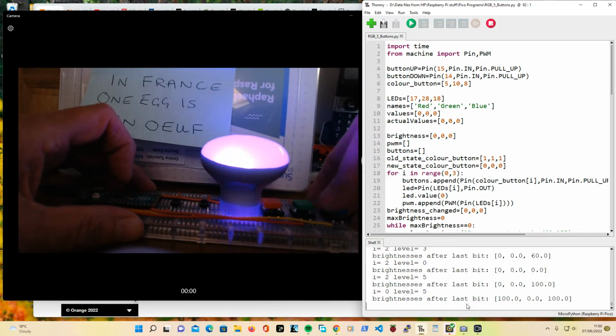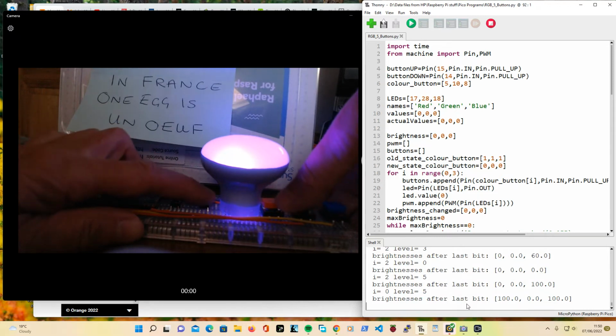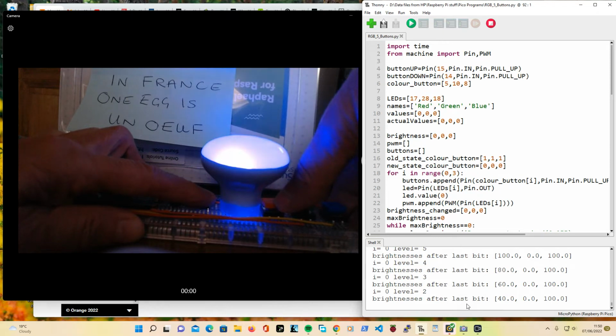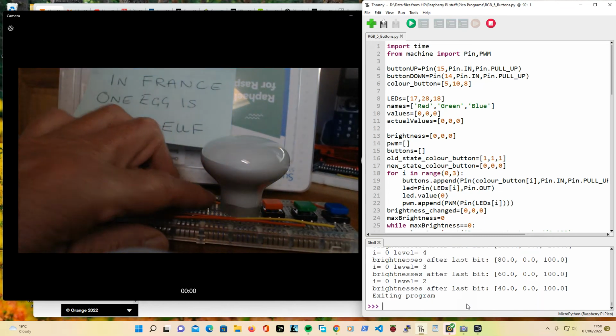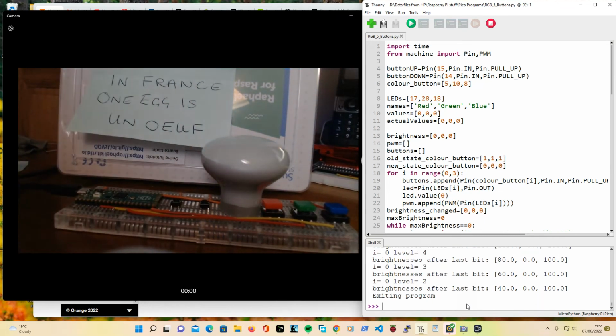And you can reduce the red a bit to make it a bit more bluey. It isn't showing up terribly well because I'm doing this in daylight. And then if you press both buttons, you exit the program. If you run it again,